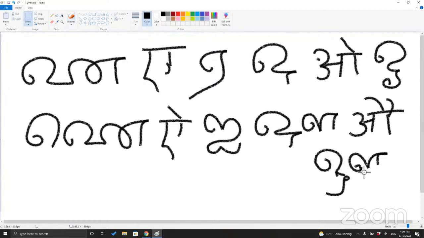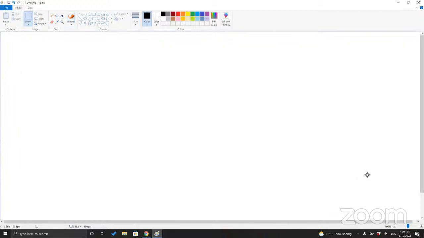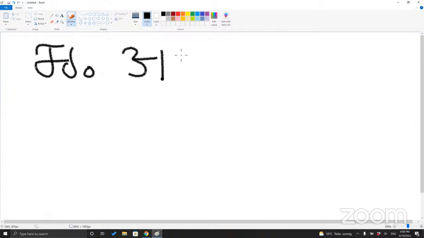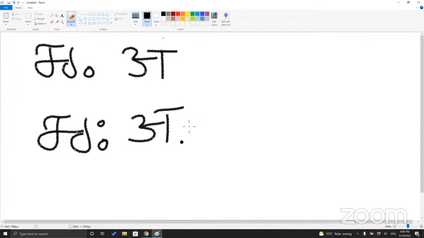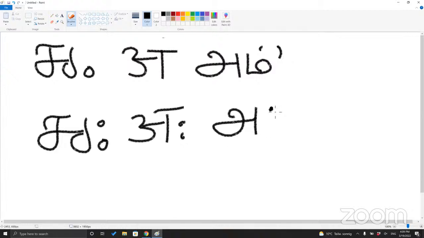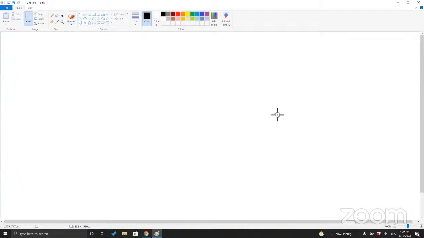And 2 ayogavahas that are and, right? Those are the 14 vowels and the 2 ayogavahas. Then you have the consonants, which is